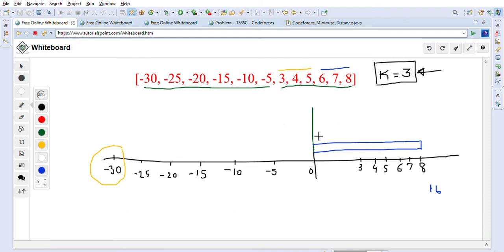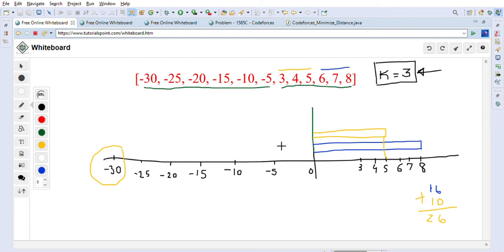So now again we will pick up the bags, we will go 3 bags, 3, 4, 5 we delivered, right? Again we will walk back after delivering. So how much distance we covered? This is 5 basically, right? So 5 plus 5 is 10. So 10 plus 16 is equal to 26 we covered so far, right? So this is 26 we covered.